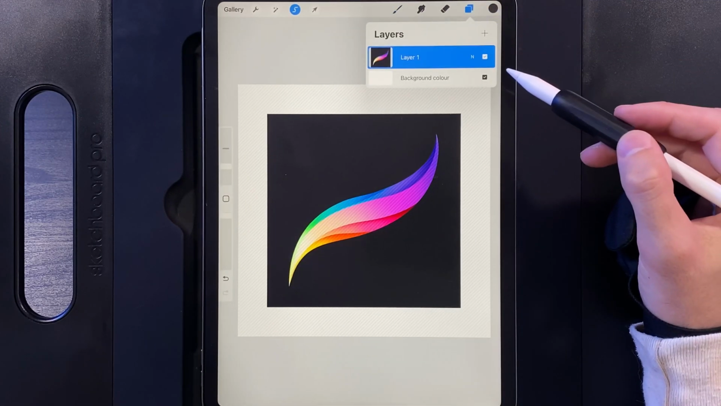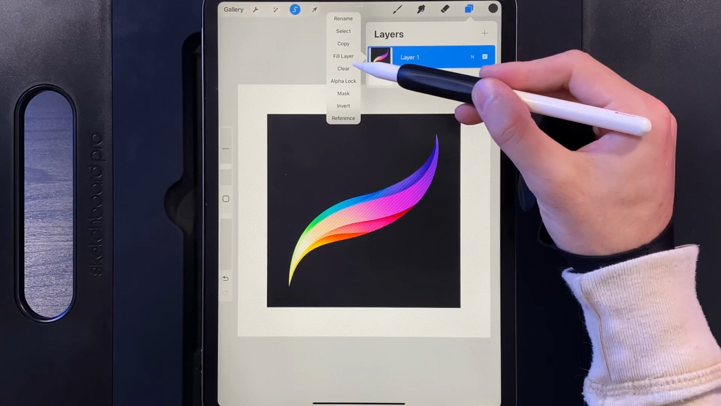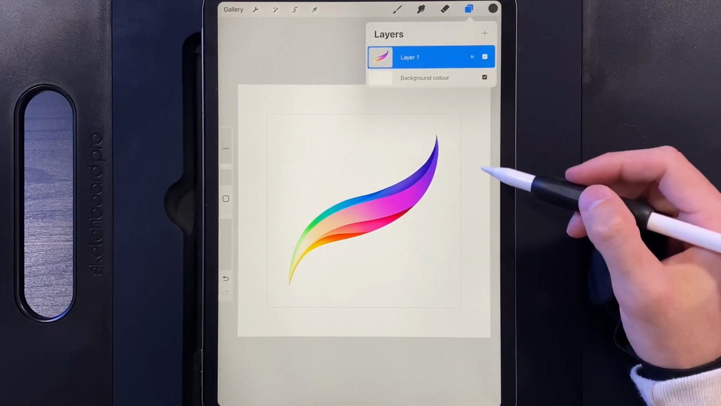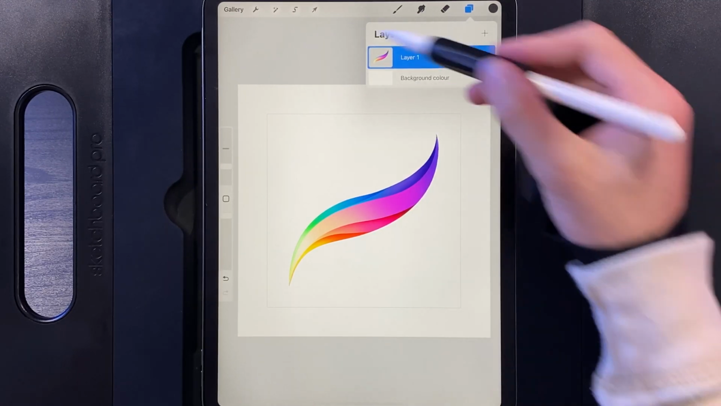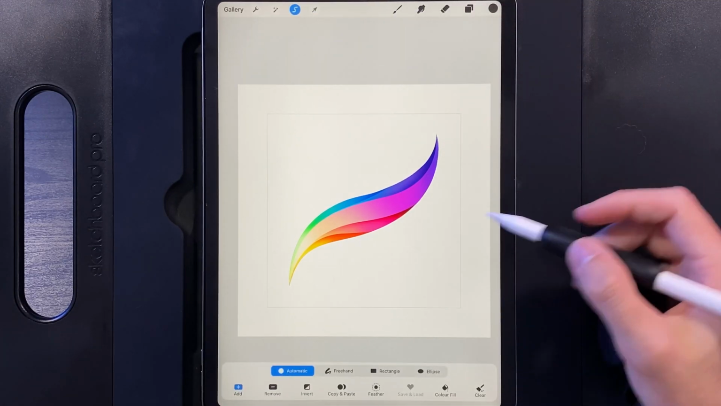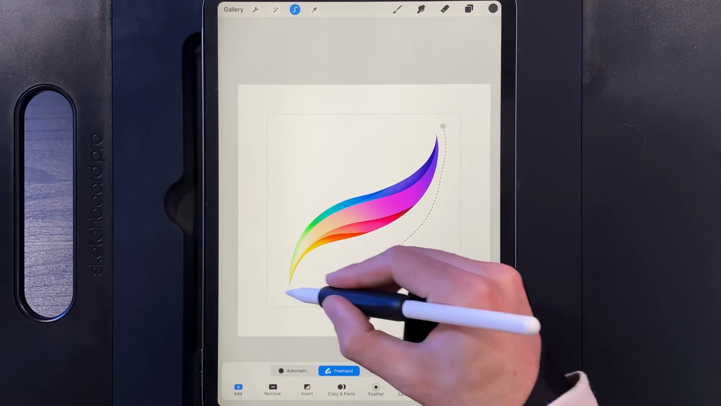Then go up to your layers, and you can tap on the layer and clear the selection. That will then cut out the majority of that. We will need to just erase right around the outside, and there's a quick and easy way to do that. Just go to your selection tool, go to freehand, just very loosely draw around the Procreate logo like so,